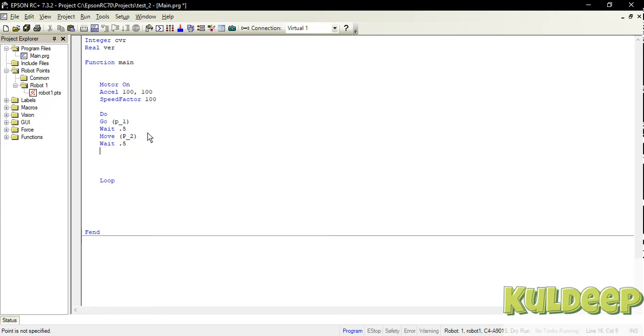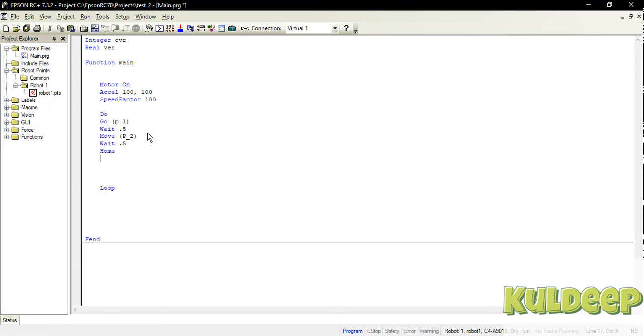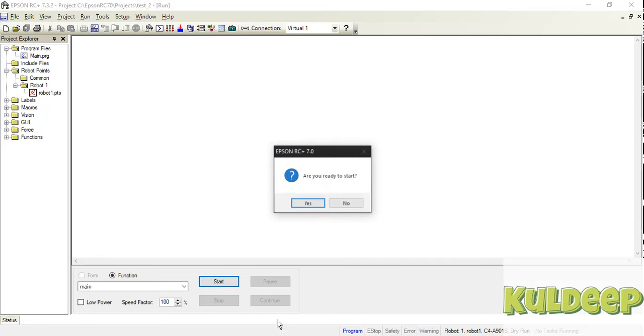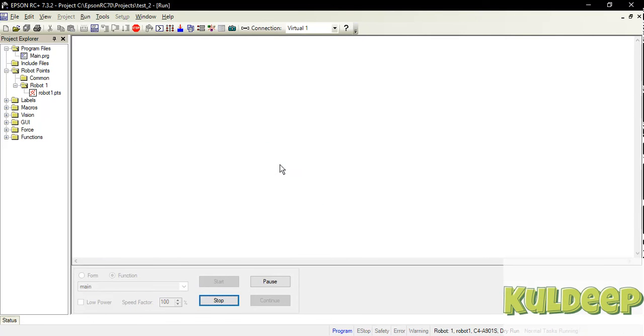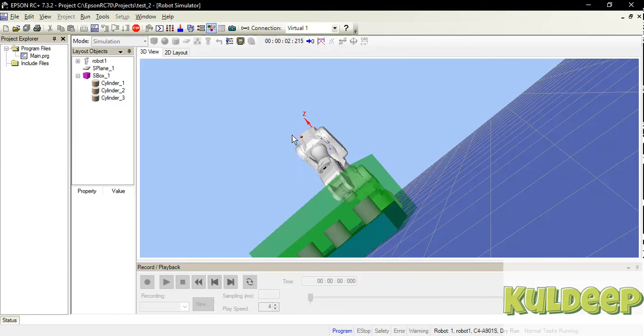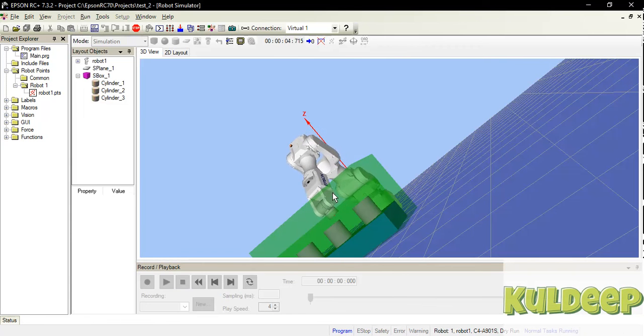Sorry, press F5 or start again. Now see the simulator. It will go to home first, then again come to point P1 and go to point P2 and then go to home.